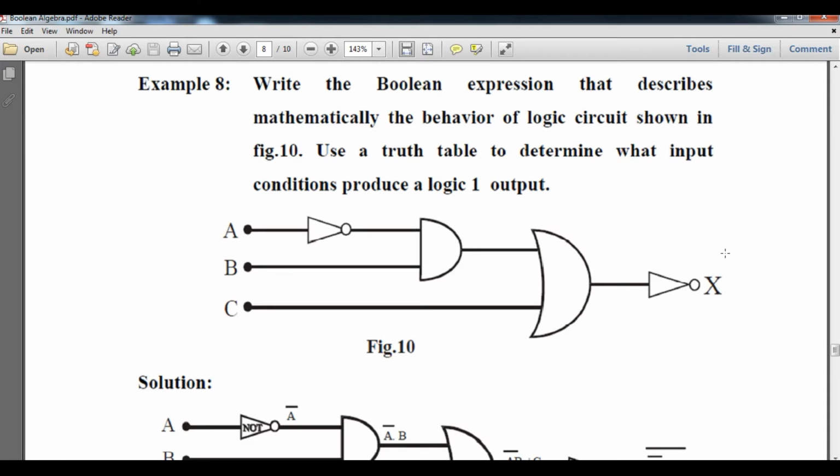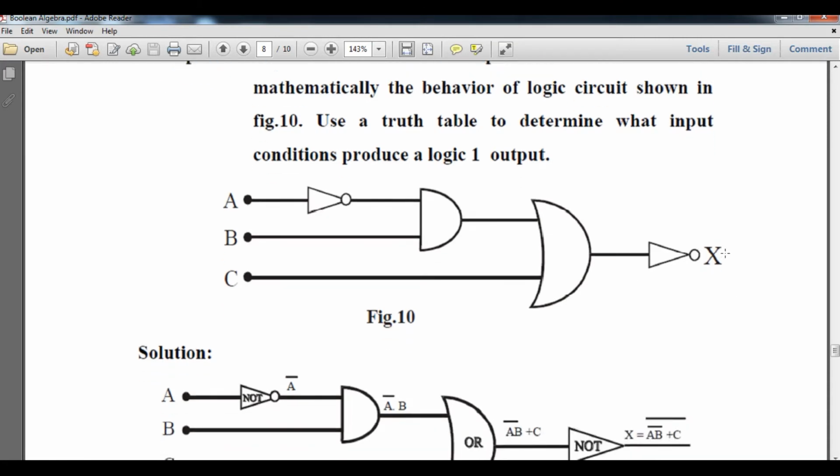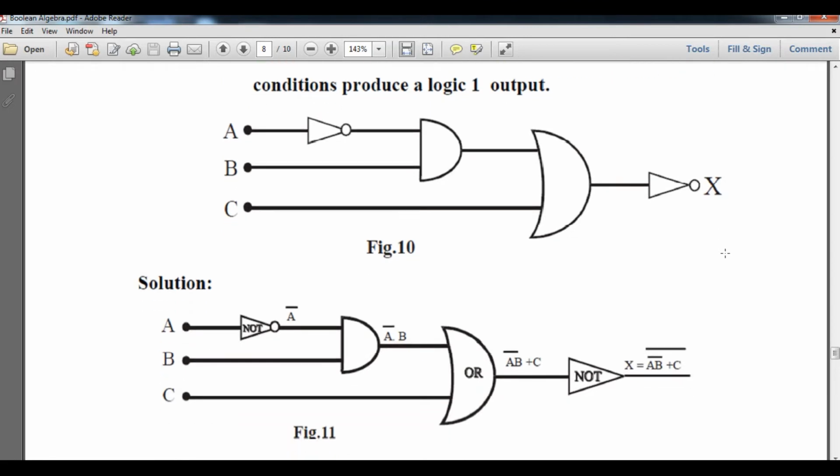So now we are going to understand its solution, students, how to specify its inputs and output in figure number 11. Here the same inputs are A, B and C. There are 3 input signals, and from where the input signal starts, we just put a dot, and then here is A NOT. It means A will be converted into A bar, and here the B signal is passing from here, and it is finally attached with the A NOT signal with an AND gate.